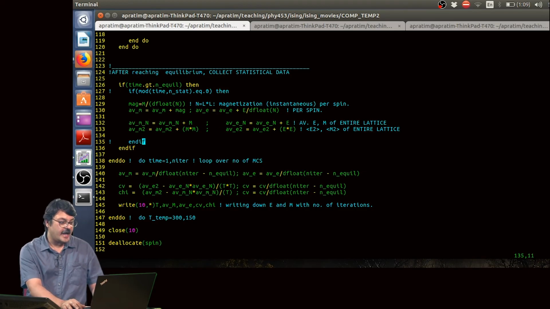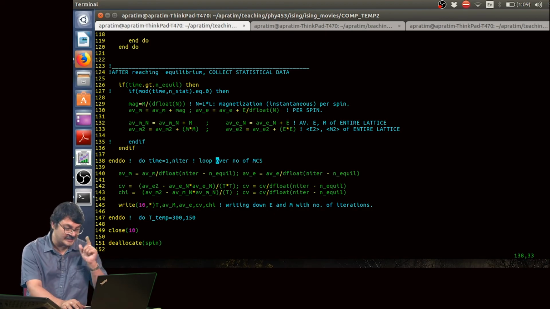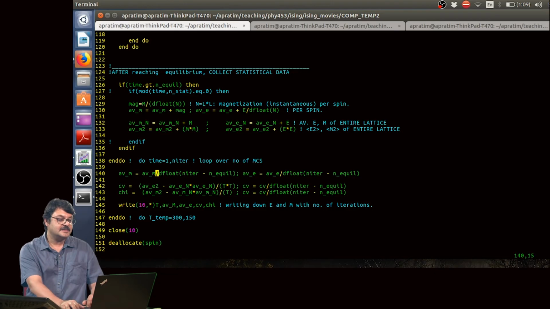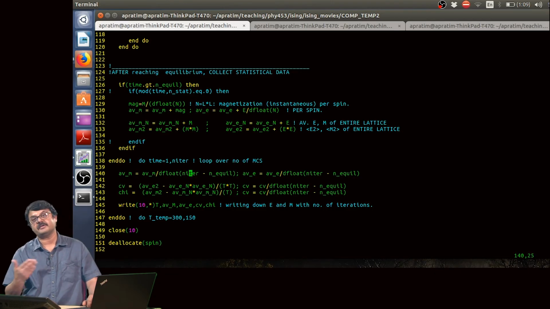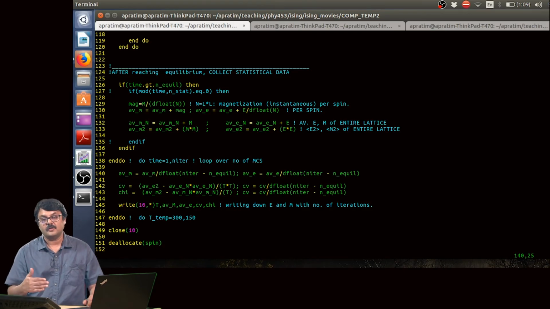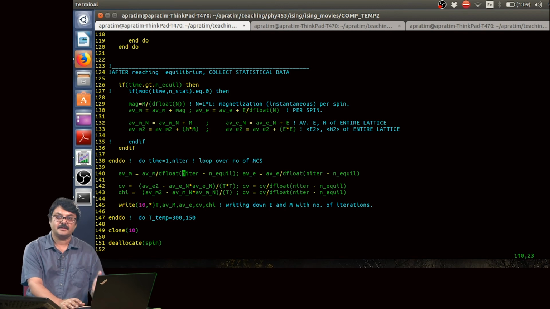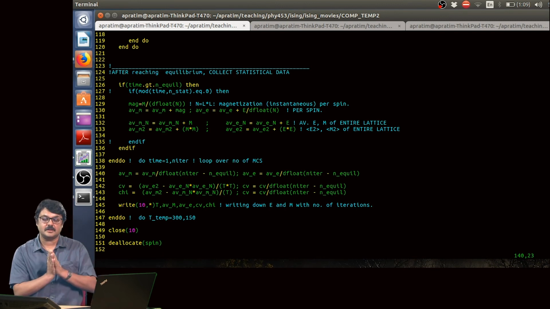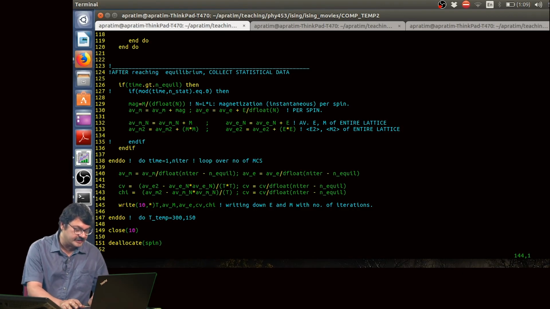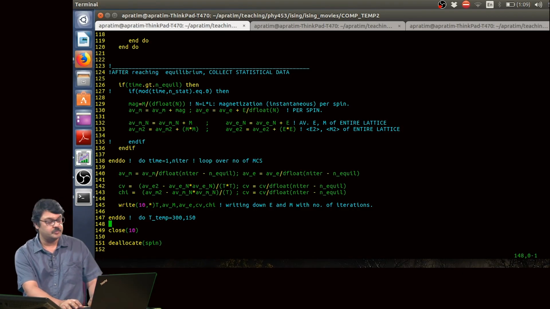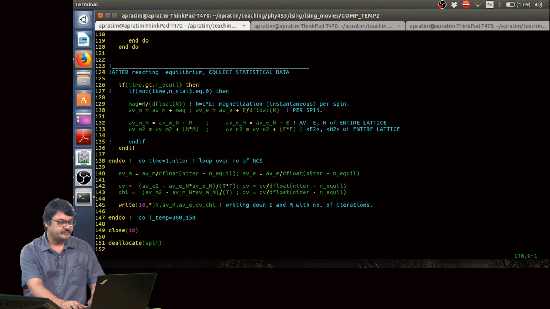After a certain number of Monte Carlo steps at each temperature, I am calculating the thermodynamic average. Now, you have added it over and over again over a certain number of Monte Carlo steps, so you have to divide, so that you get the average thermodynamic state of the system. That is being done here, and here is the end of the loop of temperature.